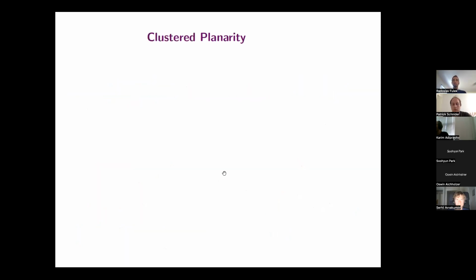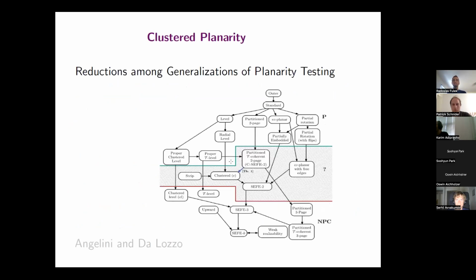Okay, so now let's see, how does this relate to other similar problems? There is a whole zoo of similar problems that are mostly studied due to the goal of finding a good way to make software for automated drawing of graphs. And this investigation is also widely theoretical. So we just want to see which of these problems are hard, meaning NP-hard or NP-complete, and which are polynomial time